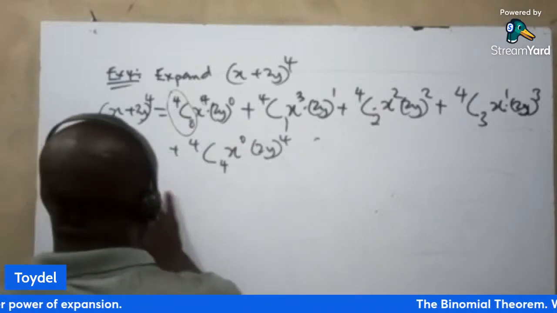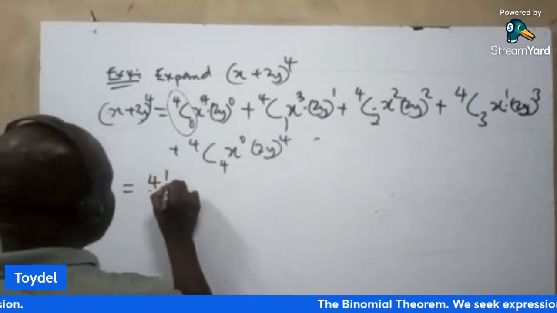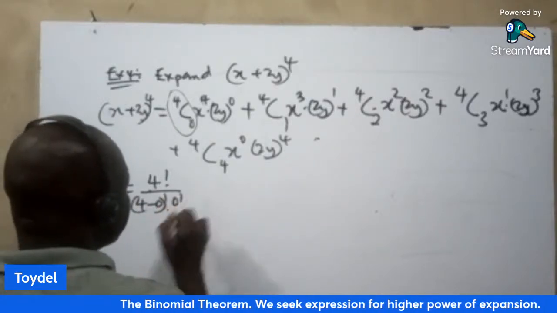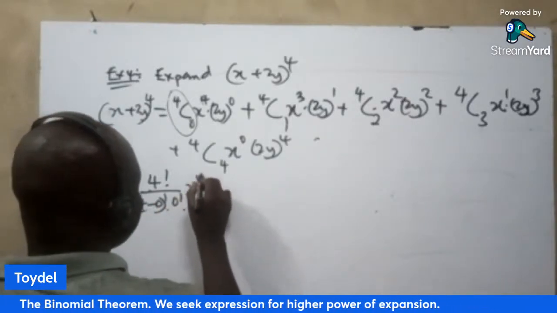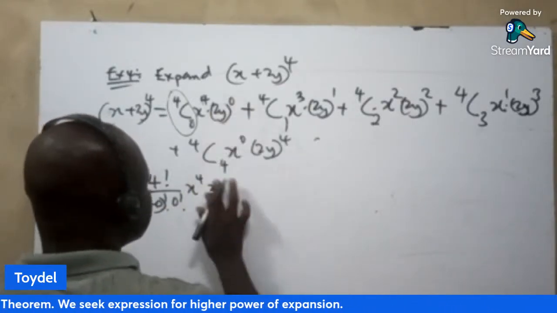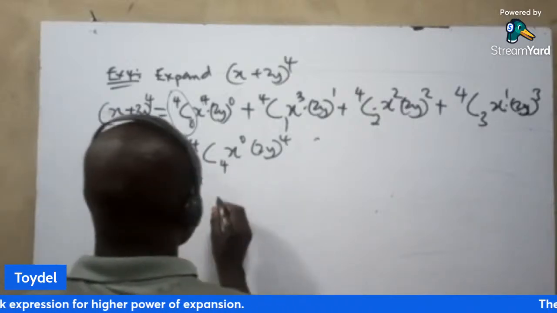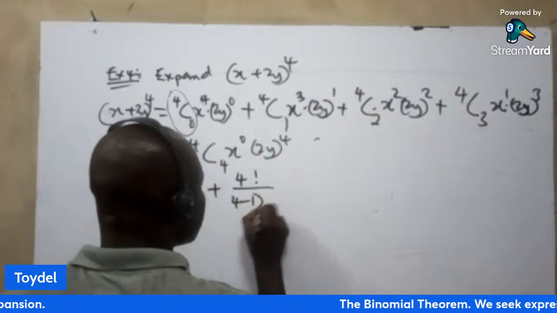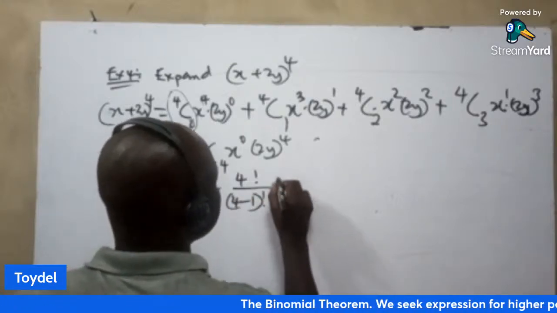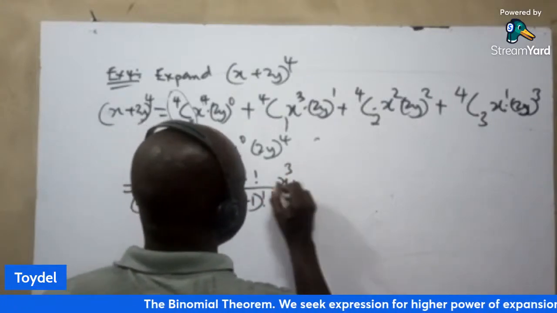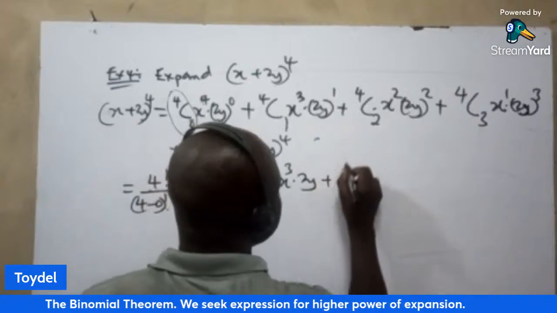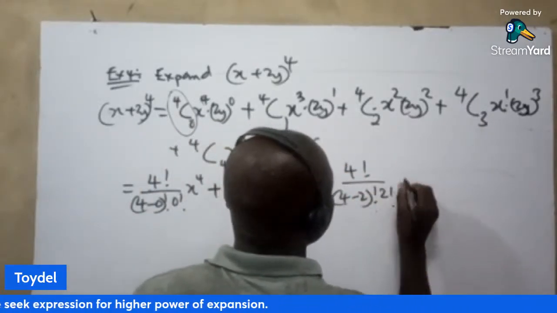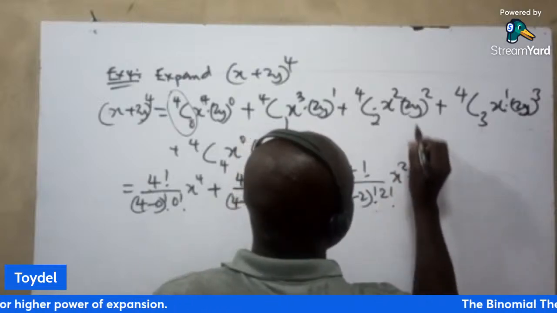4 combination 0 will now give us 4 factorial all over 4 minus 0 factorial, 0 factorial, s raised to power 4, 2y raised to power 0. Anything raised to power 0 is 1, so that one is out of it. Plus 4 factorial all over 4 minus 1 factorial, 1 factorial, s cube multiplied by 2y. Then plus 4 factorial all over 4 minus 2 factorial, 2 factorial. This will be s squared multiplied by 2 times 2,